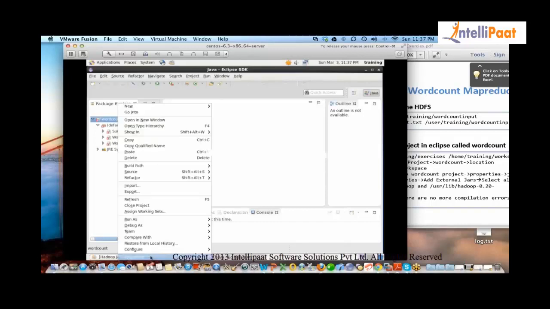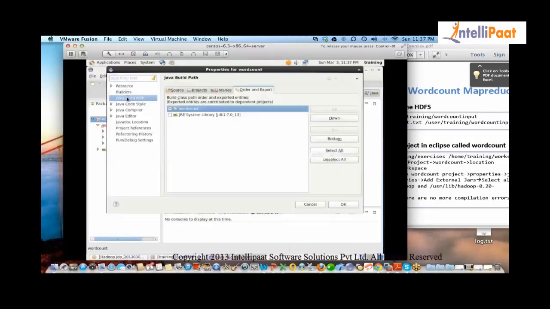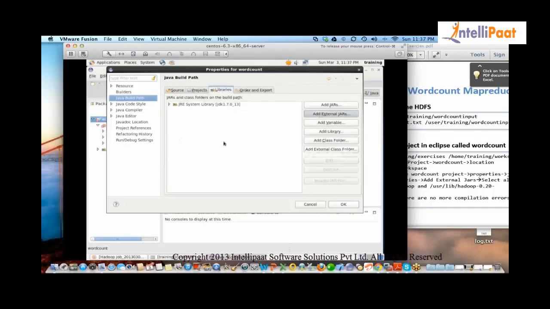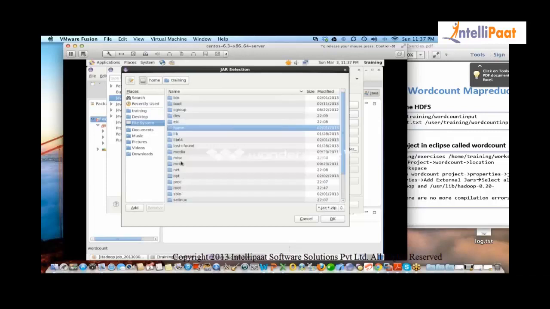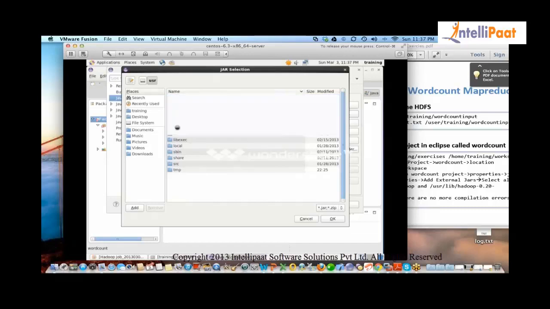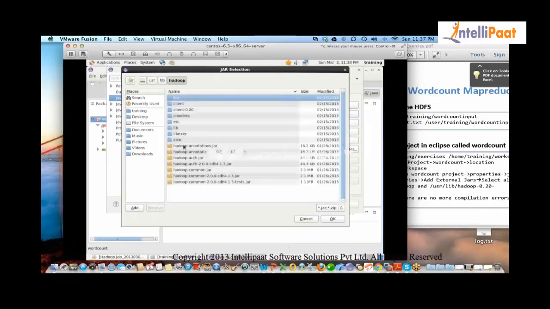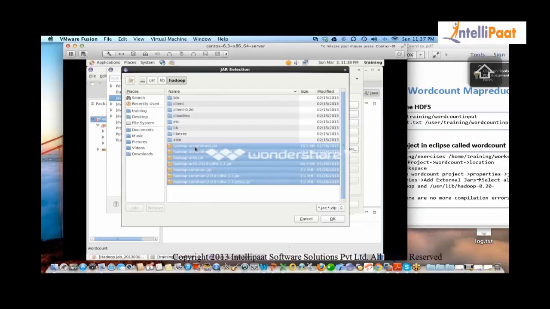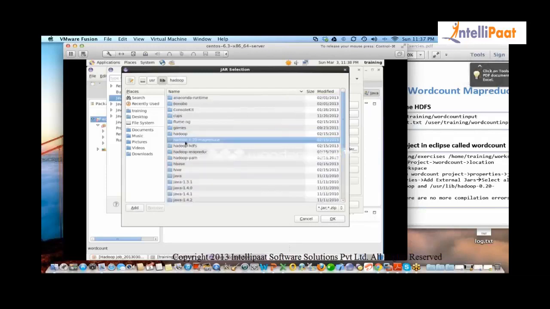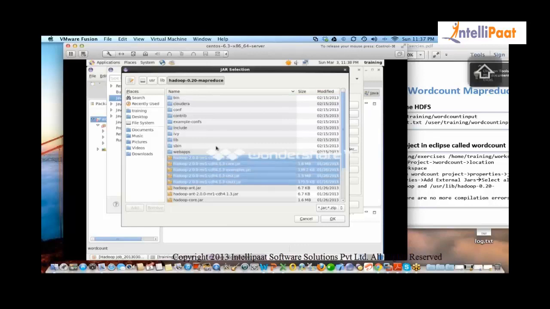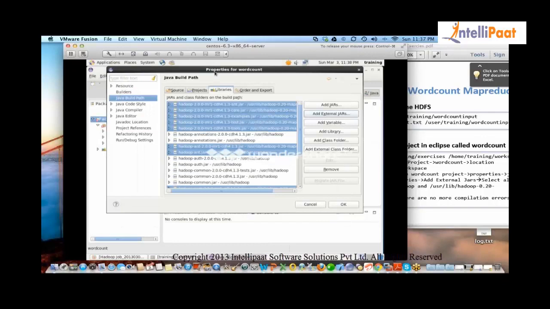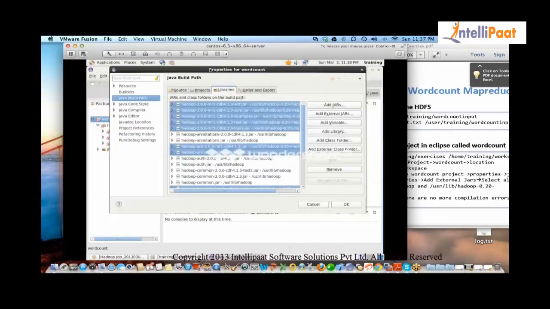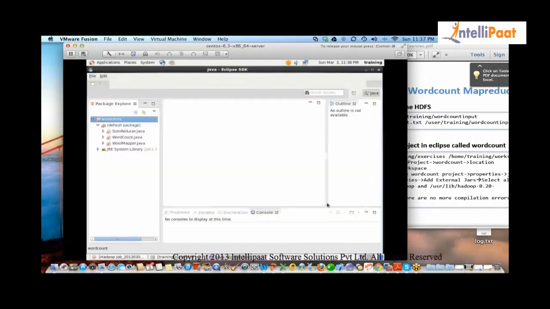Then, this code needs some Hadoop libraries. So we will have to go to build path and say, please add those libraries. I'll go to user, I'll go to lib, and I'll go to Hadoop. These are just including a few files so that your code can run. It's absolutely no rocket science. For your code to run, you may need certain include paths and all. You're just doing that, so you don't have to even worry about that. If you see, there are errors in this code because they don't have those libraries. Now I'm adding the libraries, all the errors will disappear. Everything is gone.